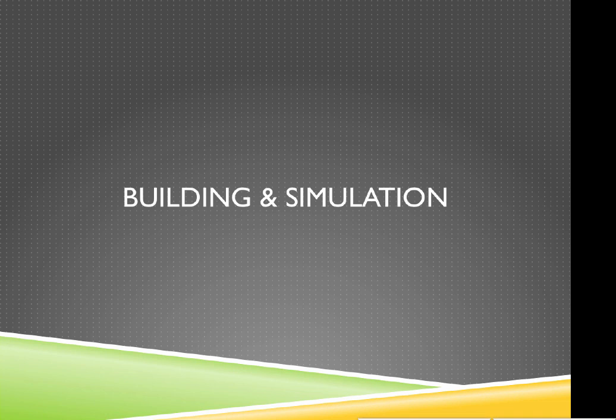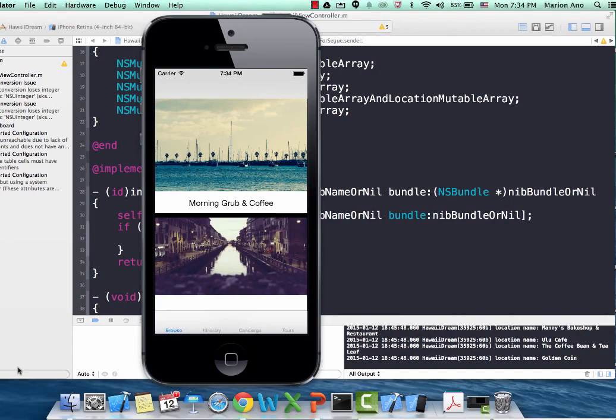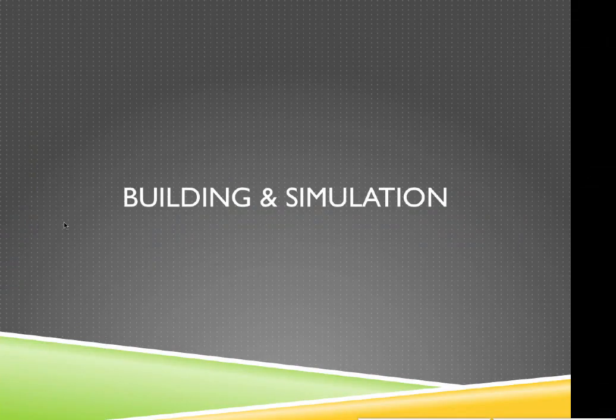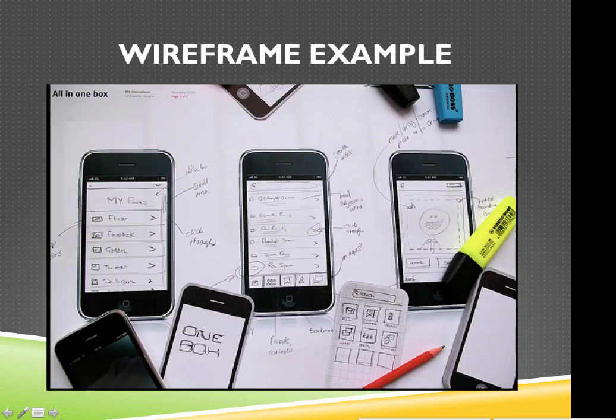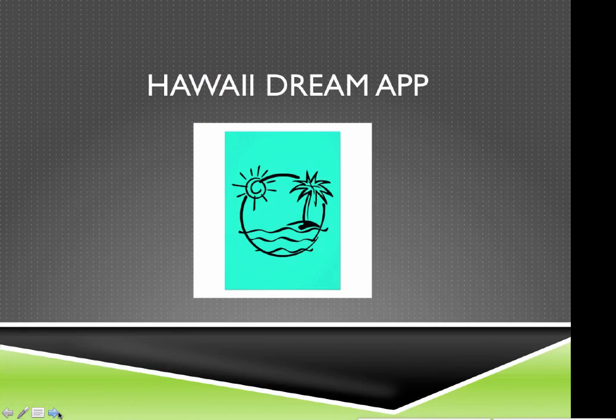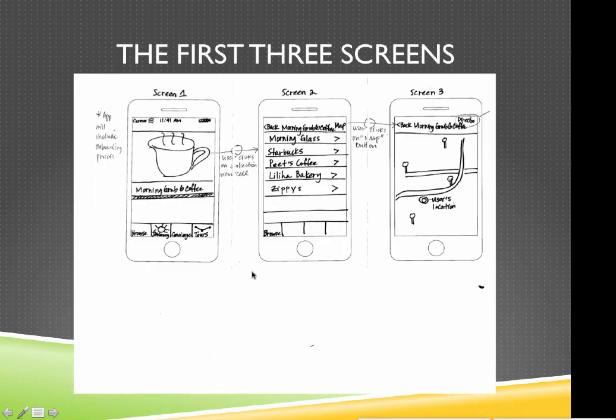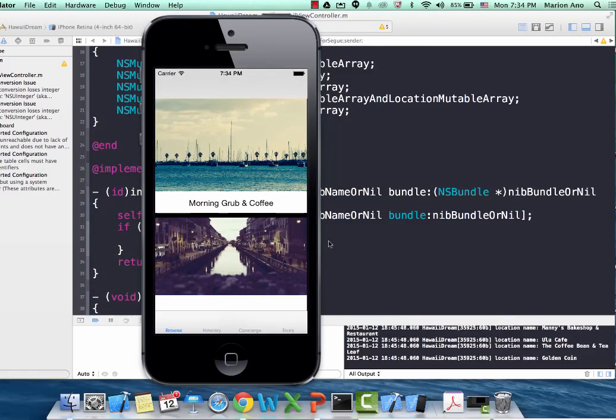And then let's take a look at the first 3 screens that have already been programmed in the Xcode simulator. So we're going to switch gears here. If we look back at this wireframe, that's the wireframe, right? And that's screen 1. So if we click on morning grub and coffee,